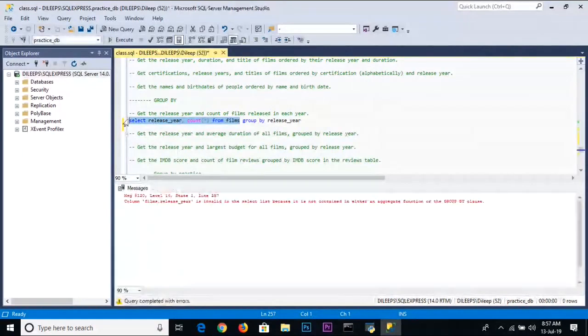okay, fine. Just see, the column is invalid in the select list because it is not contained in either an aggregate function or the GROUP BY clause. When I say select release year and COUNT(*), on what basis do we count? We need something to count. In the release year column we have release years. What will it count? If I say GROUP BY release year, it will count how many films it will group